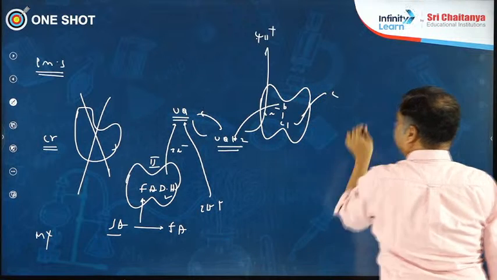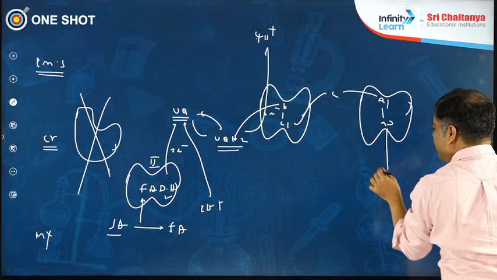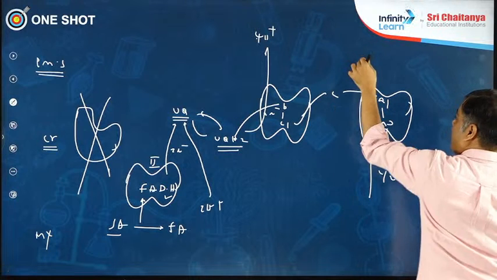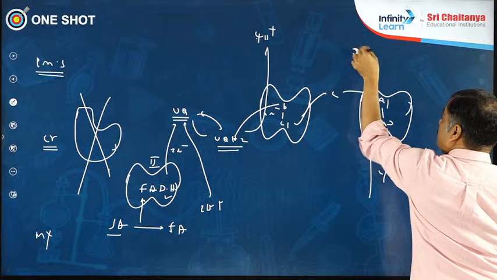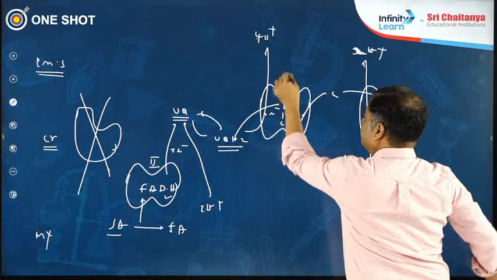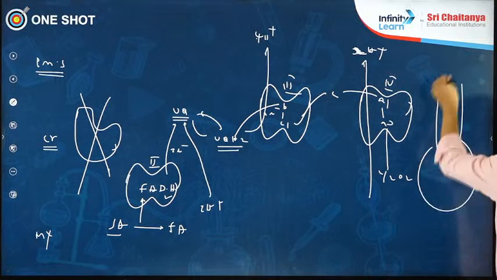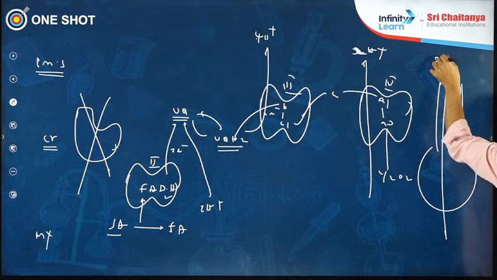C1 to C. Then you know that this is A1, A3, ultimately to half molecule of oxygen. How many protons here? 2 protons. So 4 protons from complex 3 and 2 protons from complex 4, 6 protons, out of which only 4 protons